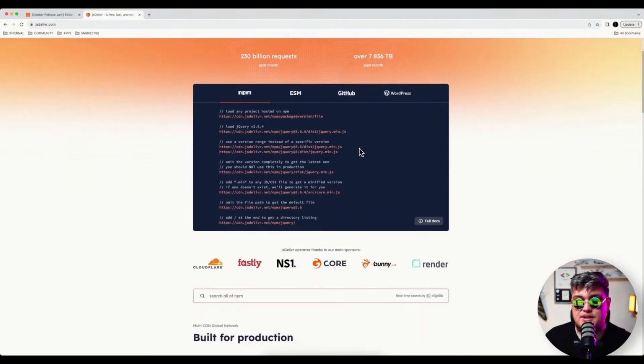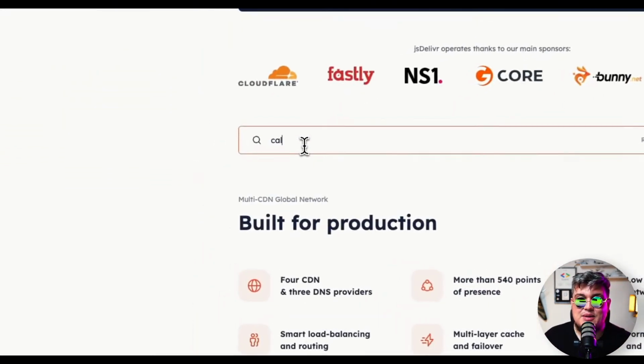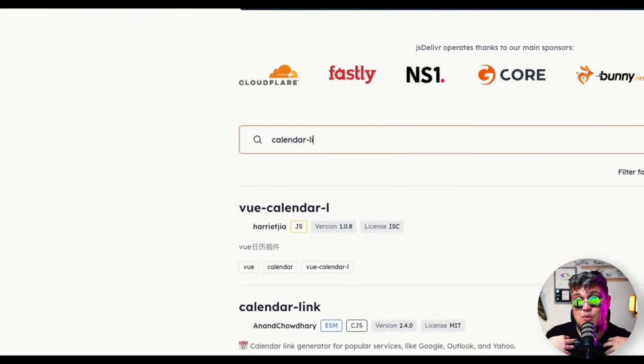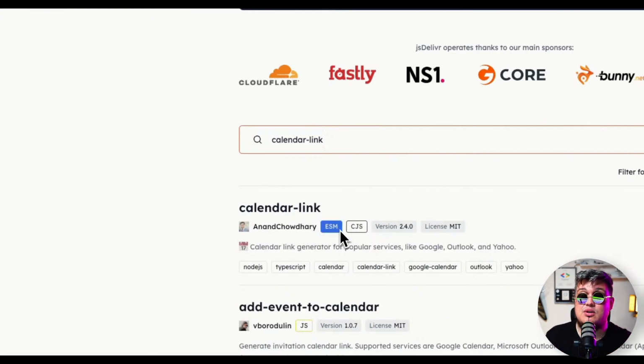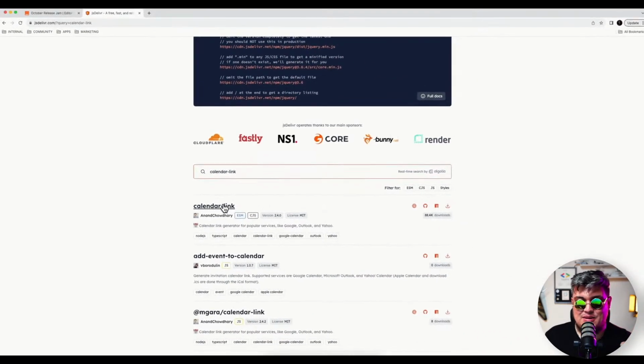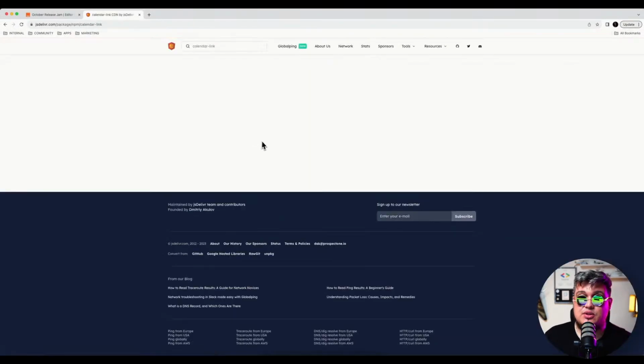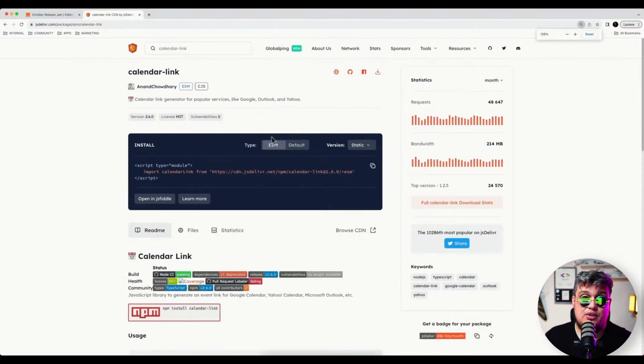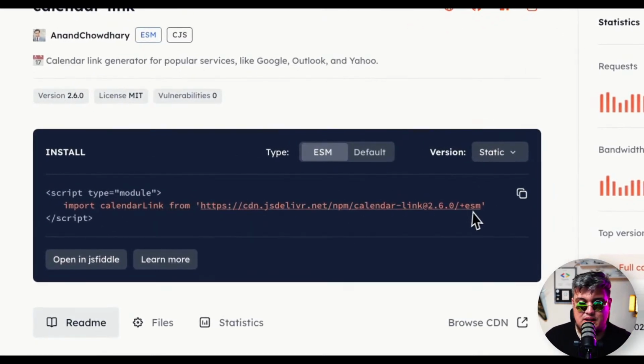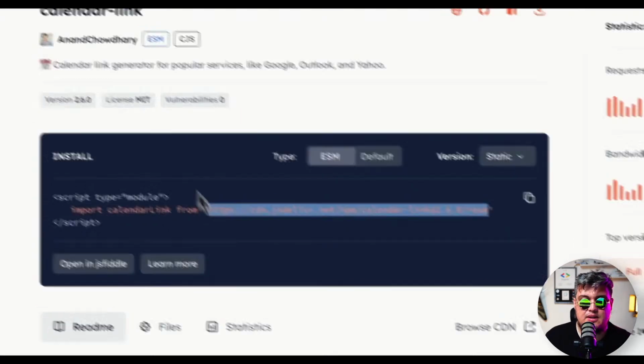I'm going to go to GSDeliver and find a JavaScript library that works for me, because I want to create calendar links for each of the events in the calendar. And here we have this one. This is an ASM JavaScript library. So this is the one that I'm going to use for this example. All I have to do is just copy the URL of the library and go back to Appsmith and install